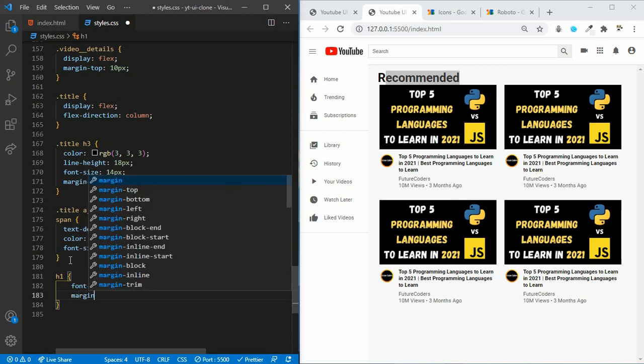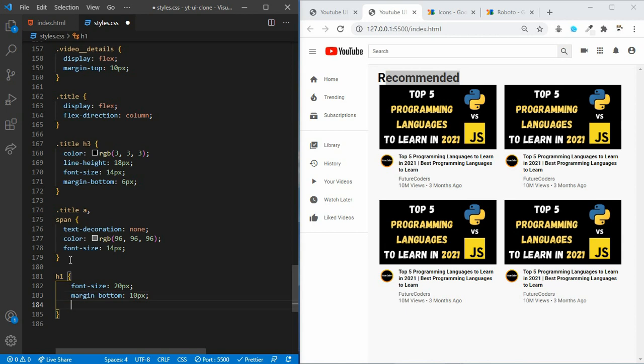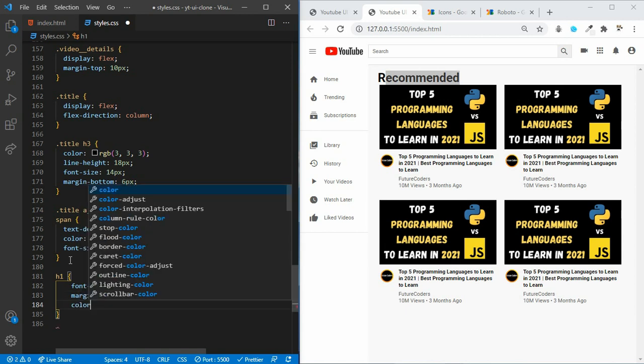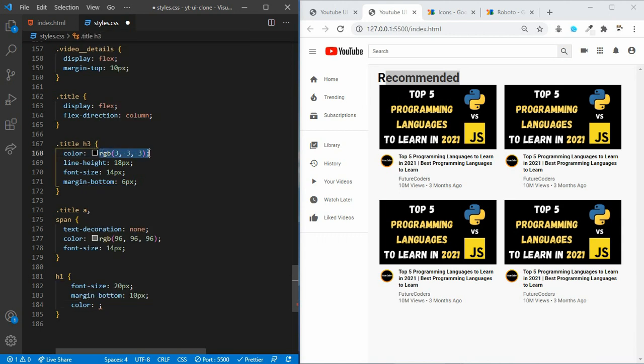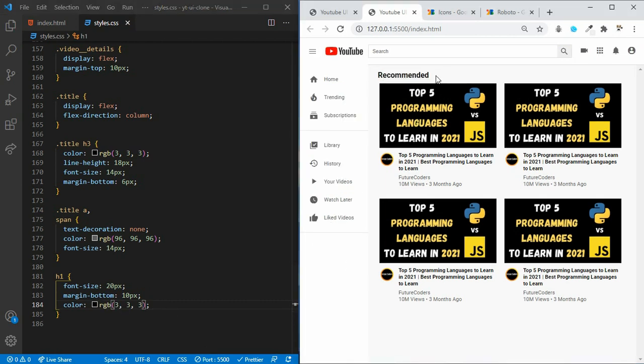Let's set the margin bottom to 10 pixels. Let's set the color to the same color that we used for the h3, this one. Now let's save and check. This almost looks similar to our final version, right?